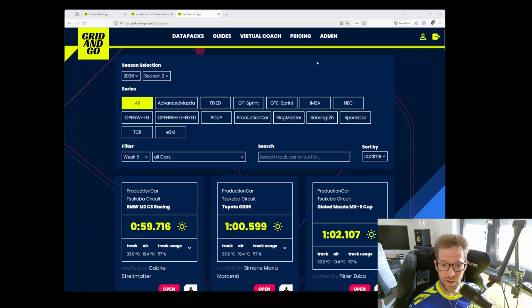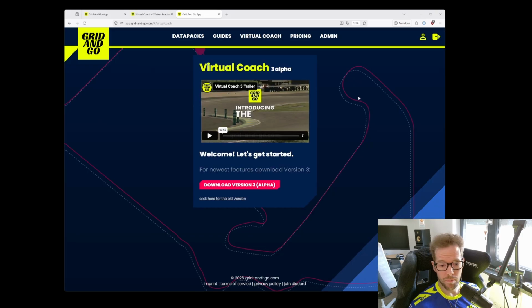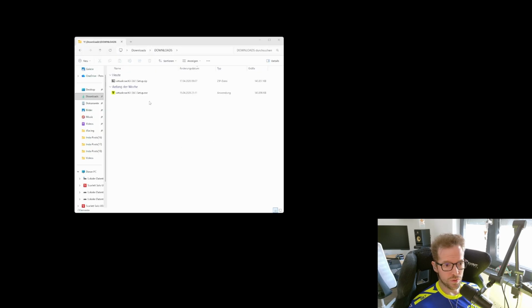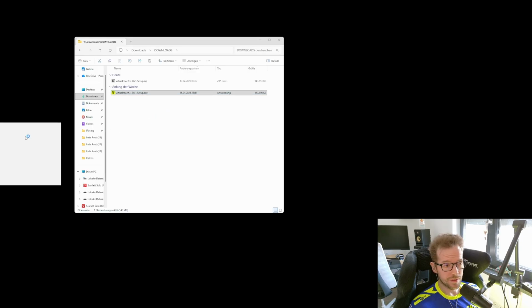Okay then, let's go to the G&G web app where you find the Virtual Coach tab, and there you can download the version 3. You just click the download button. Do not go for the old version anymore. It's not worth it in 99% of the cases. After you then downloaded the Virtual Coach, you just go here and in your download folder, you unzip the zip file, double click the setup exe, wait for it to come up, and then